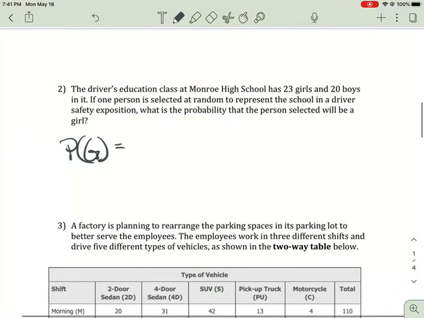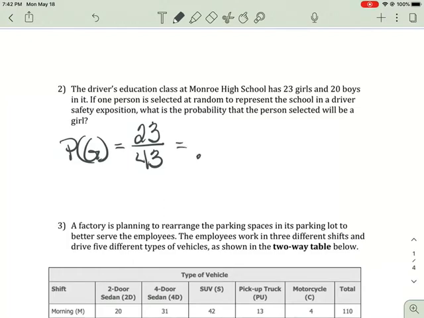Well, we need the number of girls, which is 23, over the total number of students, which is 43. Now, again, you can leave it just like that, or you can divide it and write it as a decimal. We'll go 2 decimal places and write it as a percent. Okay. All right, so let's take a look at